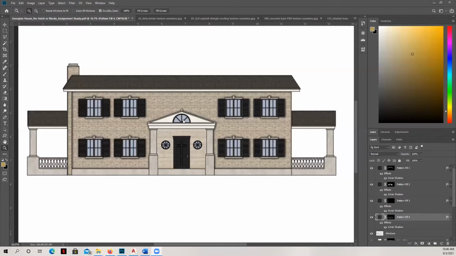So now that we have an understanding of that, I want to talk a little bit about entourage elements. There's two things that I want to bring in here. I want to bring in just a little bit of vegetation to soften this. And I want to bring in a couple of scale figures to give a sense of the size here. Now, I have a few trees and scale figures that are already selected. And so let's go ahead and bring those in.